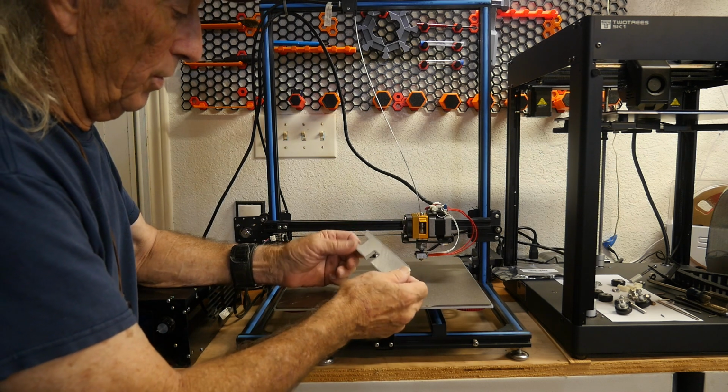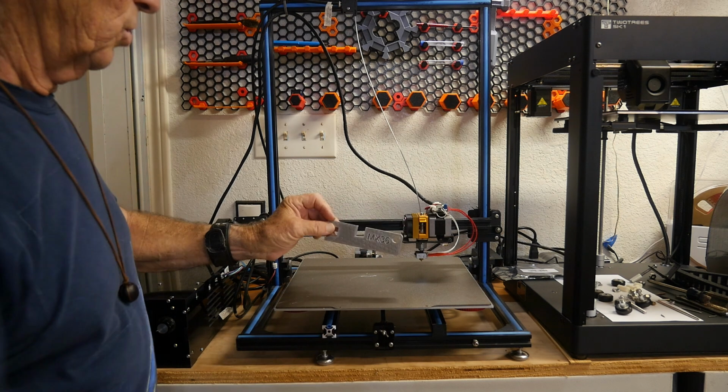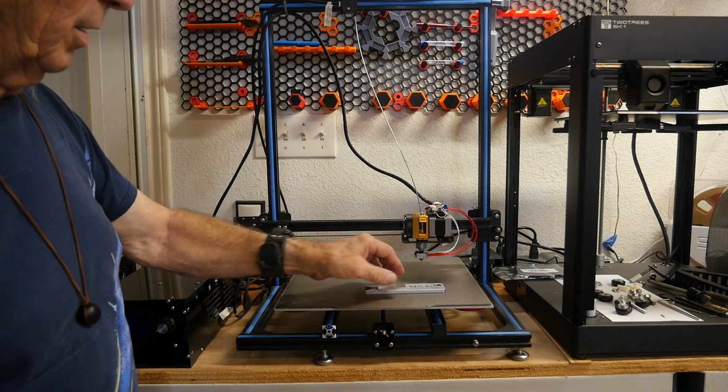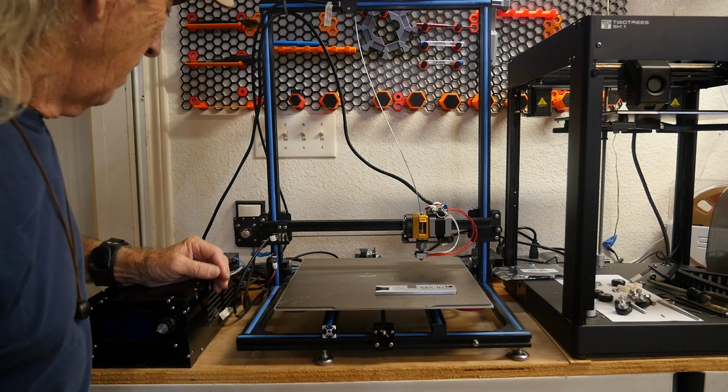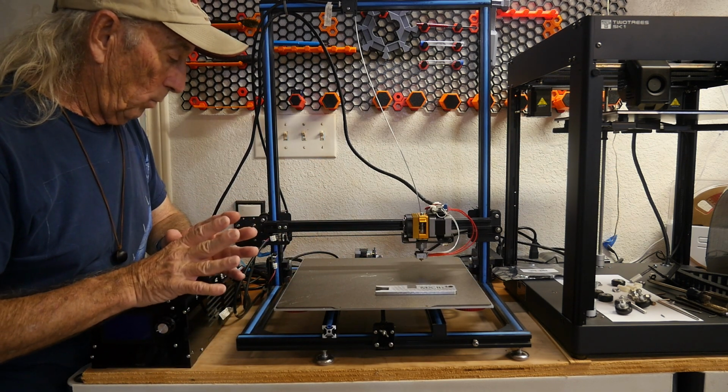Really, the most important thing right now is just to get this thing where it will actually print something half decent or clean. And it did. That's the very first time we've had a good part come out of here. So, yay! Now, one problem I do have, and I haven't quite solved it, but I'm working on it, is